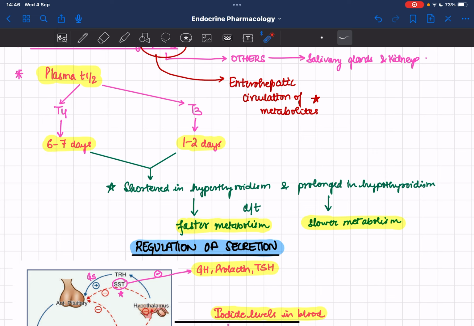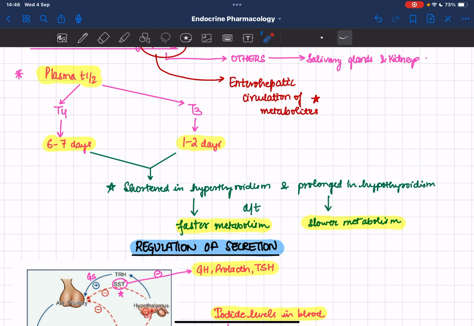इसको भी रटने का तरीका बस बेटर ही है कि T4 में 4 बड़ा है 3 छोटा है, तो इसलिए T4 का प्लाज्मा टी हाफ ज्यादा है। सब कुछ T3 का ज्यादा होता है, एक्टिविटी, पोटेंसी, बट T4 का प्लाज्मा टी हाफ ज्यादा है एंड T4 की वैल्यू जो सिक्रेटेड होती है वो ज्यादा होती है।